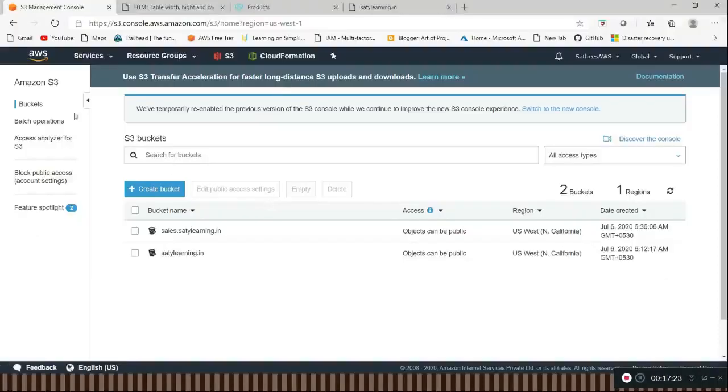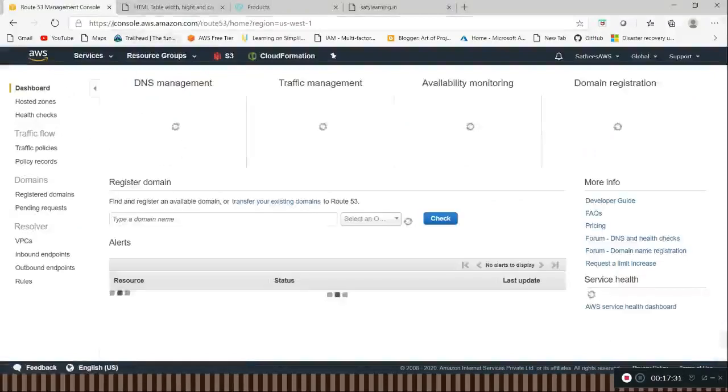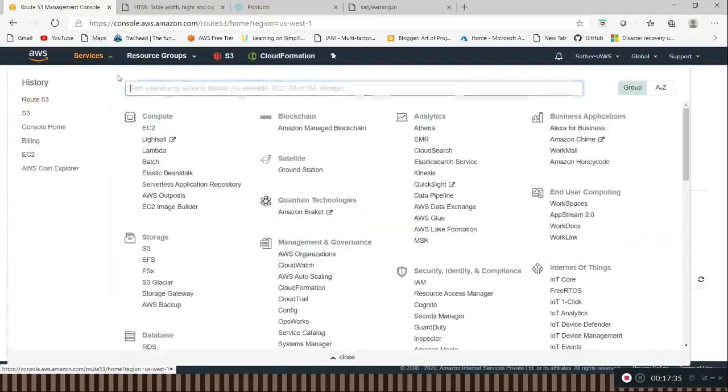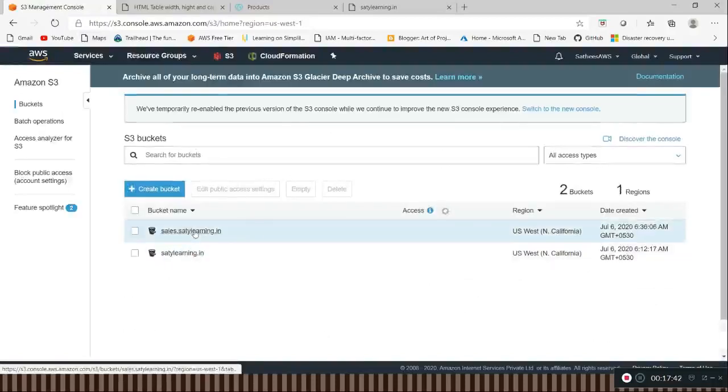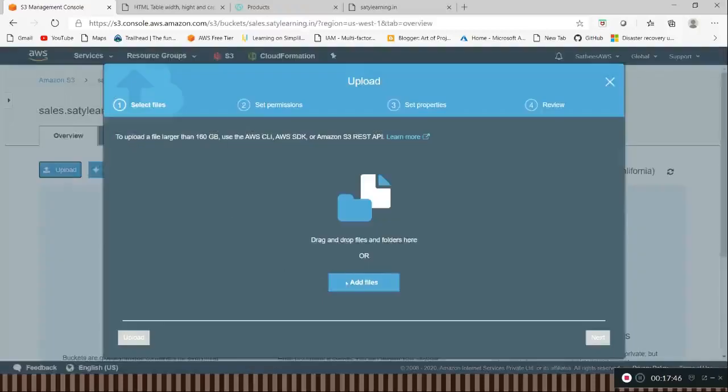So I am going to services, Route 53. Before that, you upload into the S3 bucket, the new S3 bucket. This is the subdomain. I am uploading a file.